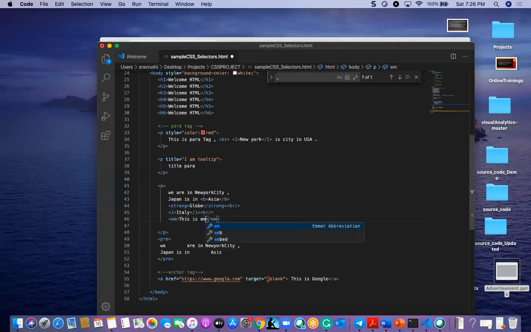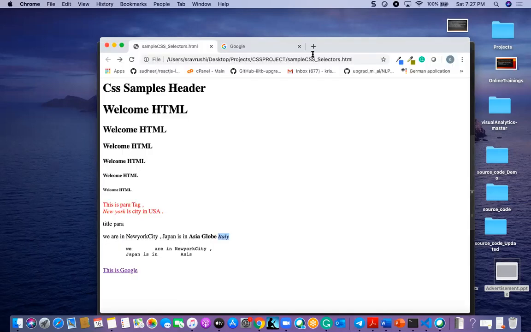This is emphasized, and here you can see how the emphasized text looks. It will emphasize the text with semantic importance.